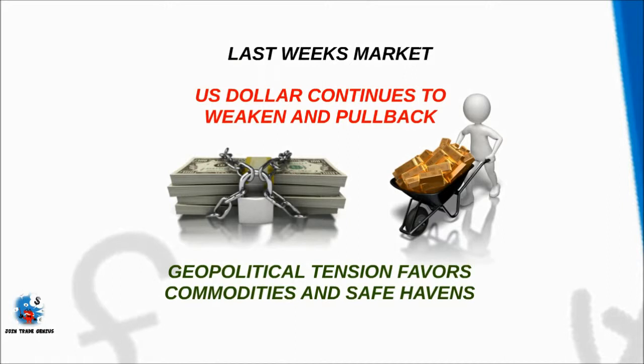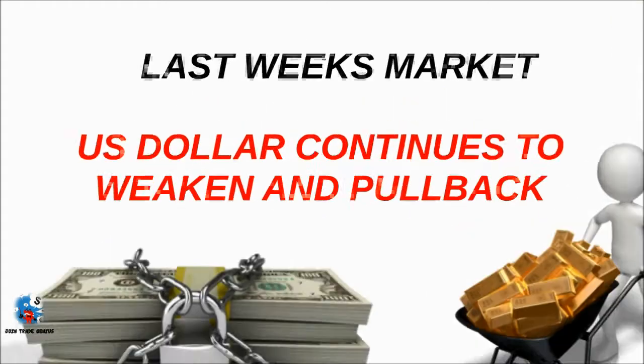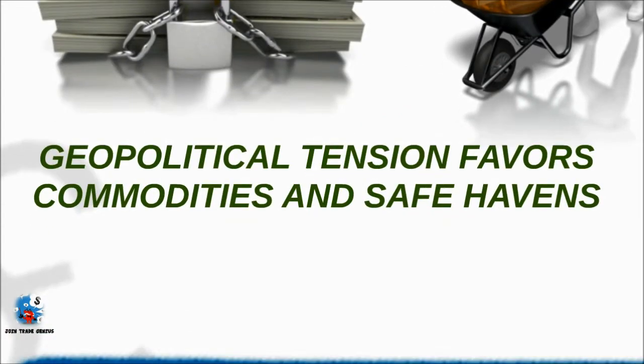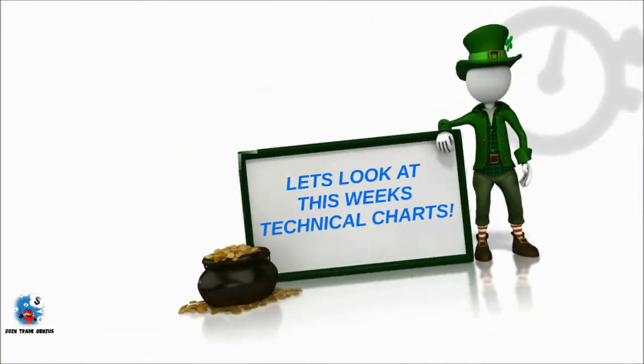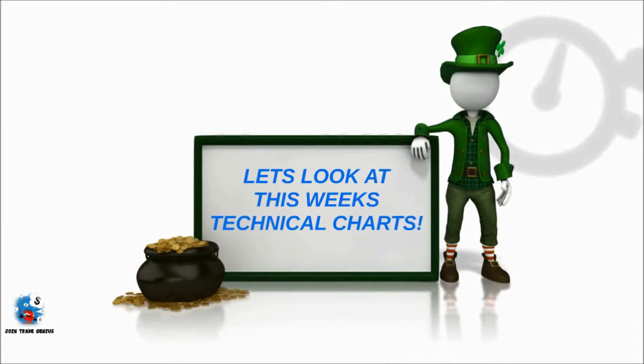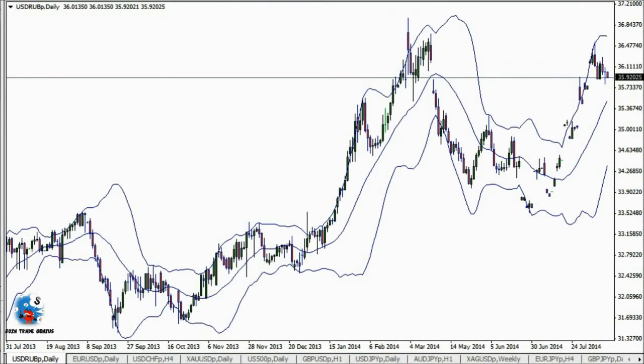Before we start, just to recap quickly, last week we did see, very interestingly, the pullback on the US dollar, and part of this was due to the geopolitical tensions that we're seeing, especially amidst Russia and the Ukraine, and also with the US intervention again over in Iraq. So that had a big influence on the commodities and the safe haven pairs. And let's look at the technicals in more detail now with our live analysis as we see how this affected